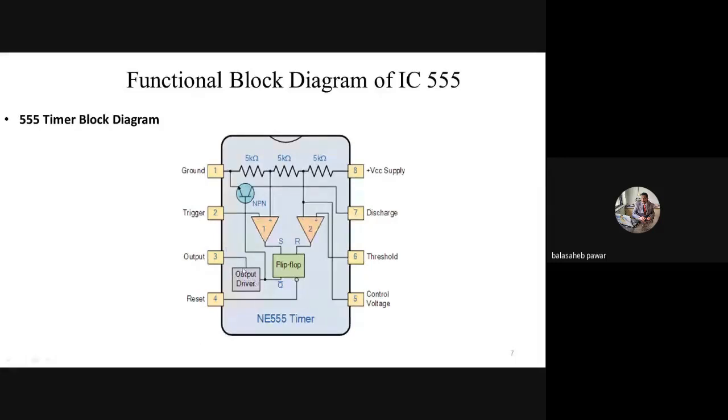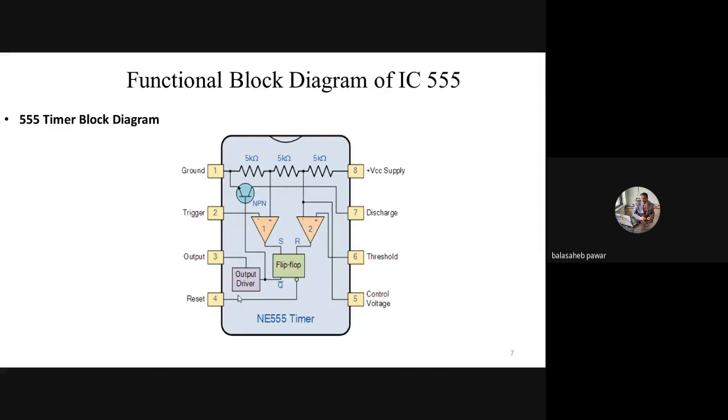In this stage also, mostly the collector configuration, that is CC configuration, you might have studied it during first year. When the BJT is used in CC configuration, then we can say the voltage gain is unity, maximum equal to unity, but its current gain is very high. Current gain high means what? Its output current is very high as compared to the applied input current. Correct? So remember, mostly those output driver stages are designed and developed by using that CC configuration, or you might have heard about that configuration that is known as a Darlington pair by using two transistors.